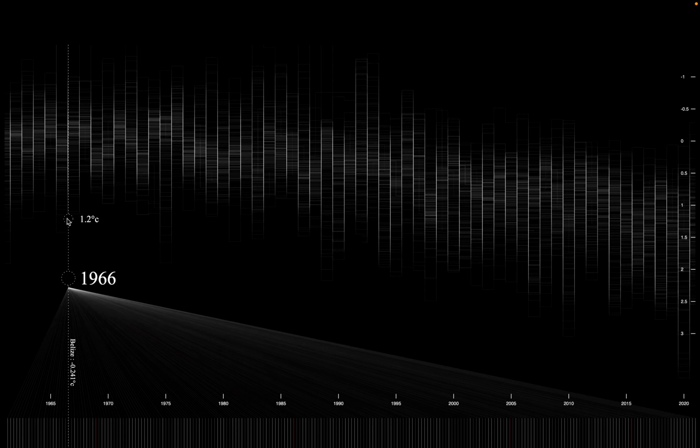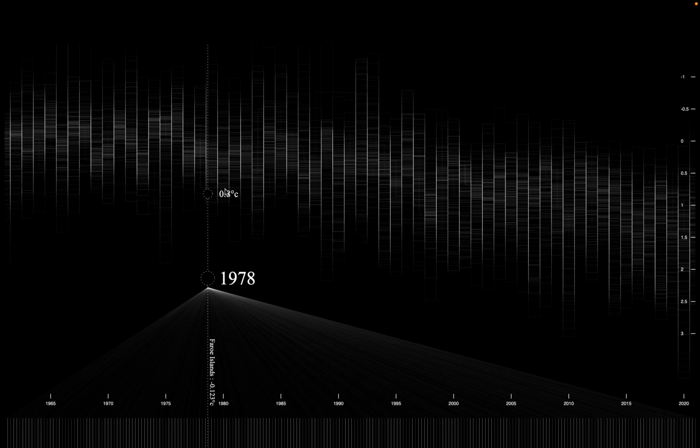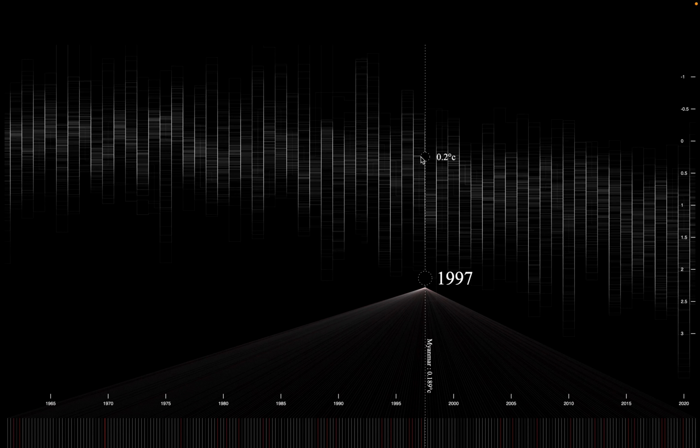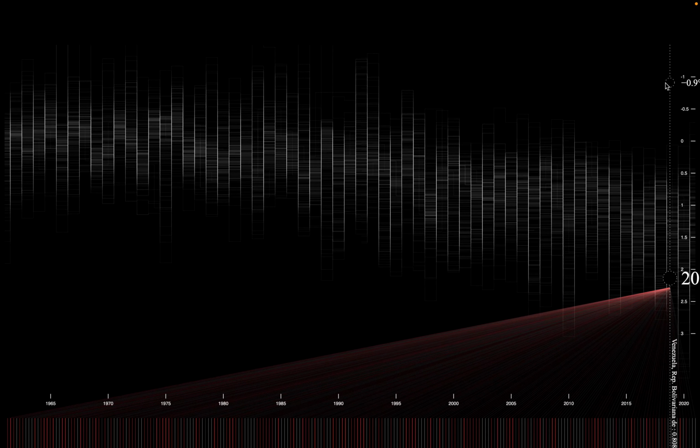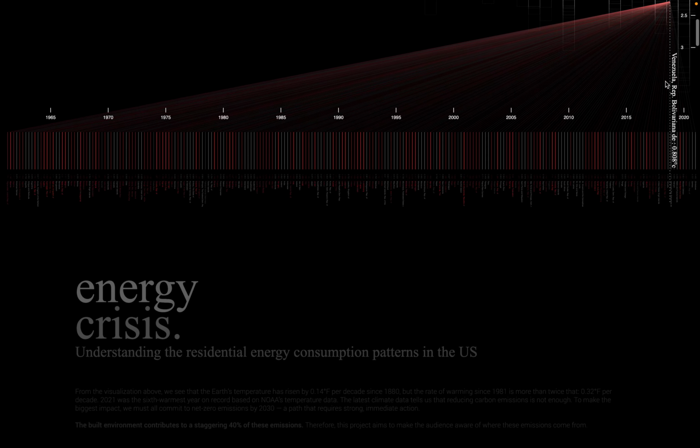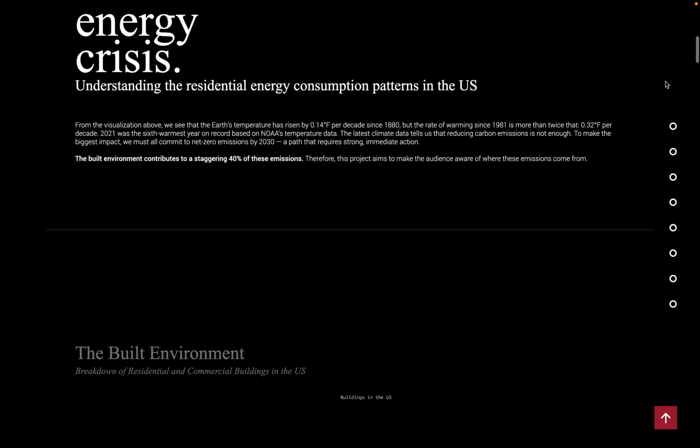Looking at the temperatures globally from the 1960s till now, we see a rising trend for all the countries. And in the 1980s, the rate of rise doubled. In order to reduce carbon emissions, we need to reform the built environment because it contributes to a staggering 40%